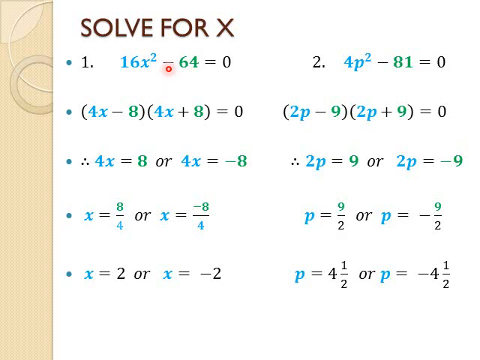Difference from primary school. If I say perfect squares, I assume you know 16 is 4 times 4. I know you know 64 is 8 times 8. X squared is x times x. If you look this side, 4 is 2 times 2. P squared is p times p, and 81 is 9 times 9. But the key is there must be a minus sign or subtraction sign between the two to make it a difference of two squares. So to factorize, this process should have been shown to you in grade 9 already, but